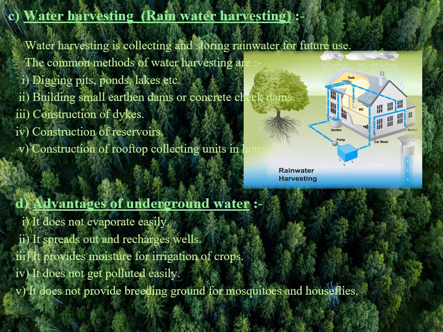Next, we should see water harvesting, or rainwater harvesting, and the different ways it can be managed. Watershed management emphasizes scientific soil and water conservation in order to increase biomass production. The aim is to develop the primary resources of land and water to produce secondary resources of plants and animals